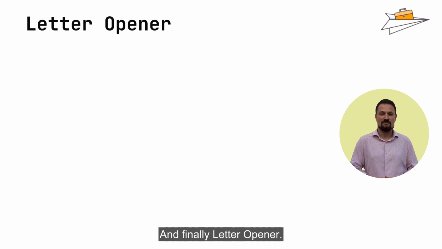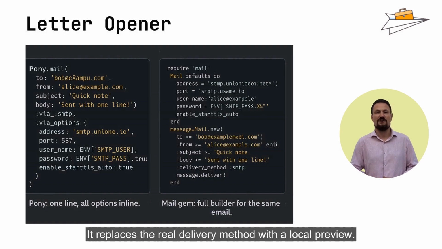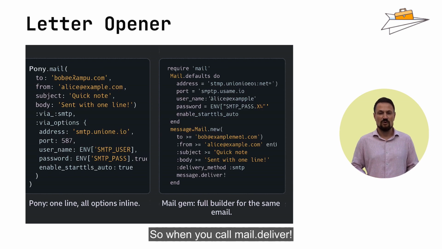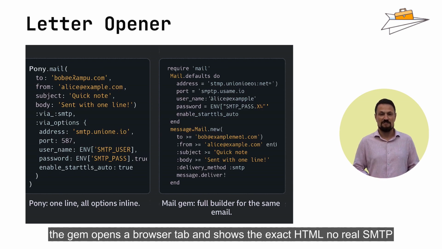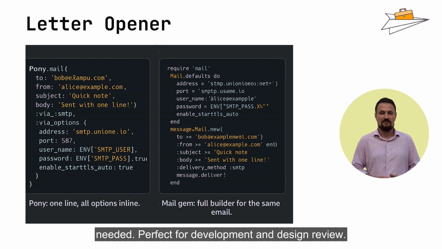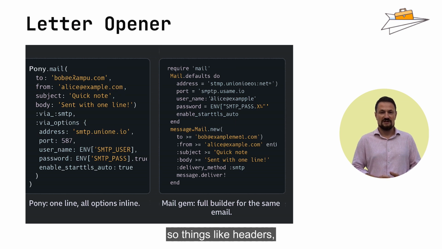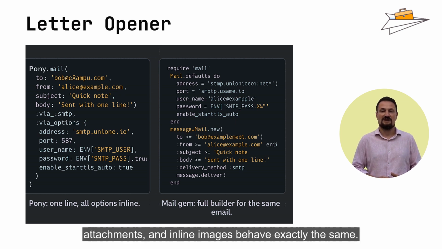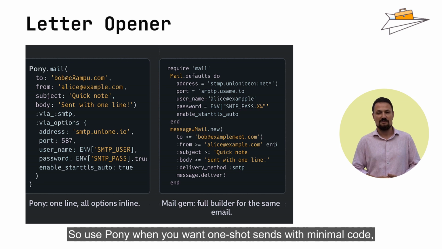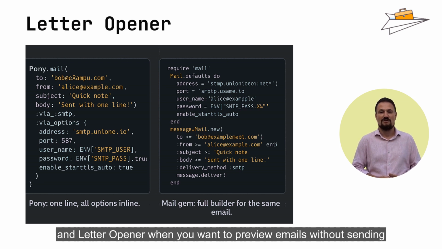And finally, Letter Opener. It replaces the real delivery method with a local preview. So when you call mail.deliver, the gem opens a browser tab and shows the exact HTML. No real SMTP needed. Perfect for development and design review. Both Pony and Letter Opener still use the Mail gem under the hood, so things like headers, attachments, and inline images behave exactly the same. In daily work, that shared core makes debugging easier. So use Pony when you want one-shot sends with minimal code, and Letter Opener when you want to preview emails